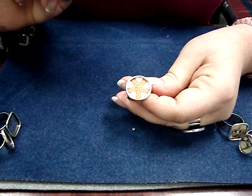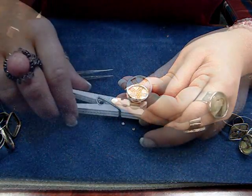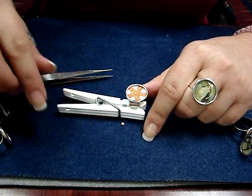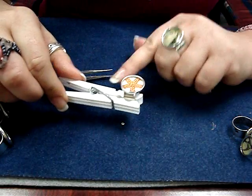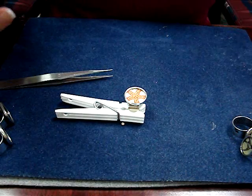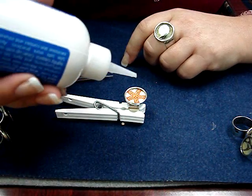Let it set. Now that I've got it in, then we can apply the DG3 gel. Something else that I thought to keep the ring level was to use a clothespin, and so I just clipped the side of the ring with the clothespin so it would set level. And then what you're going to do is take your DG3 gel, and you do not want